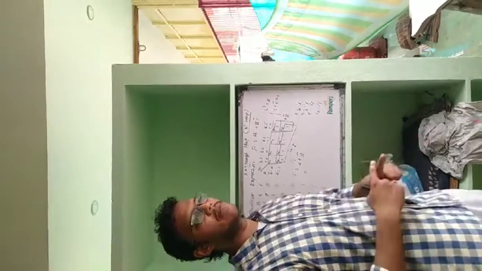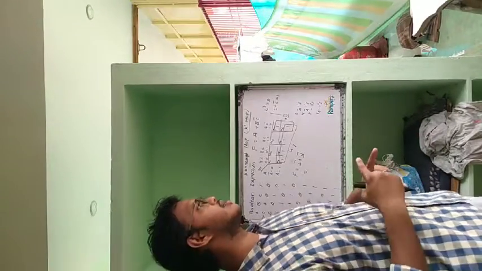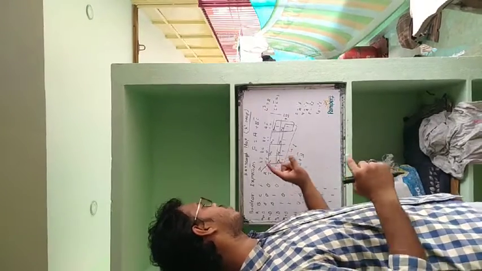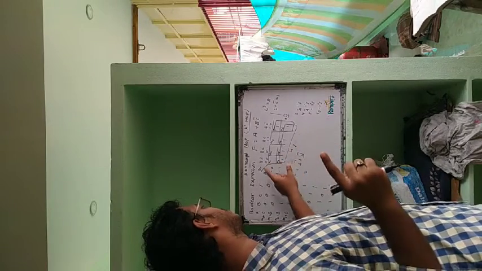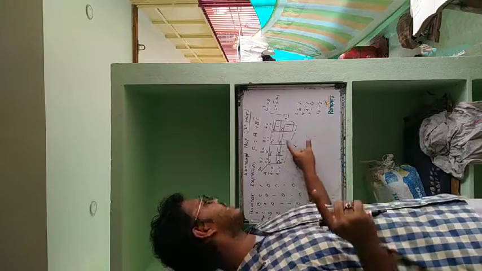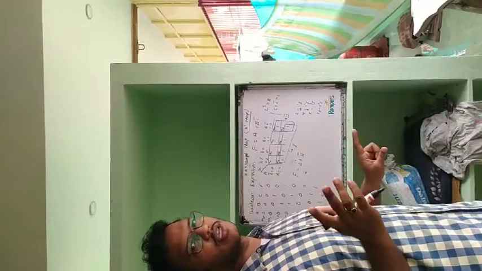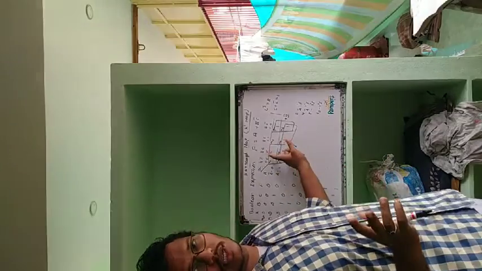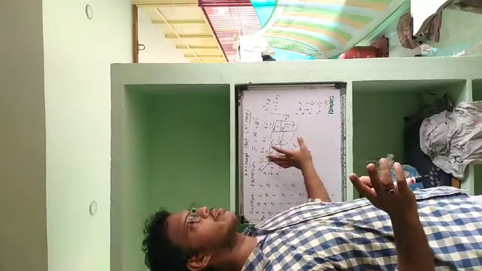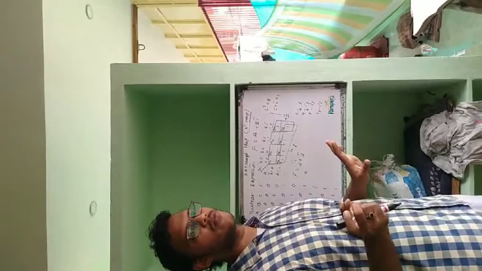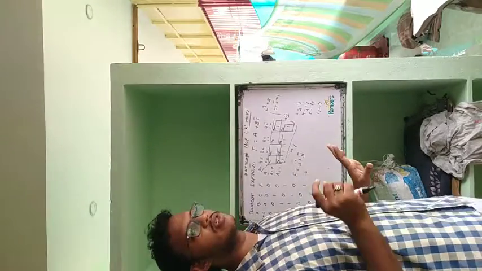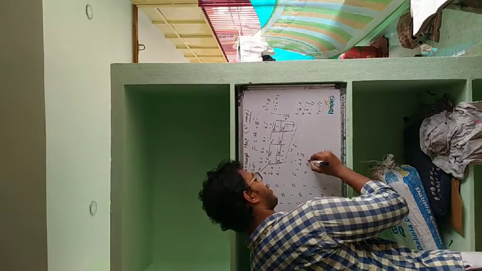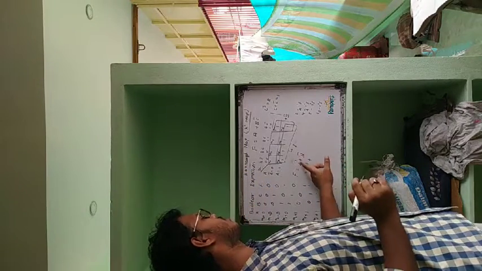So in the K-map, you should remember blindly that if you are writing the Boolean expression, we have to take the variable that is not changing. In the entire row, which one is not changing? A is not changing, B is changing, C is changing. So A is not changing.